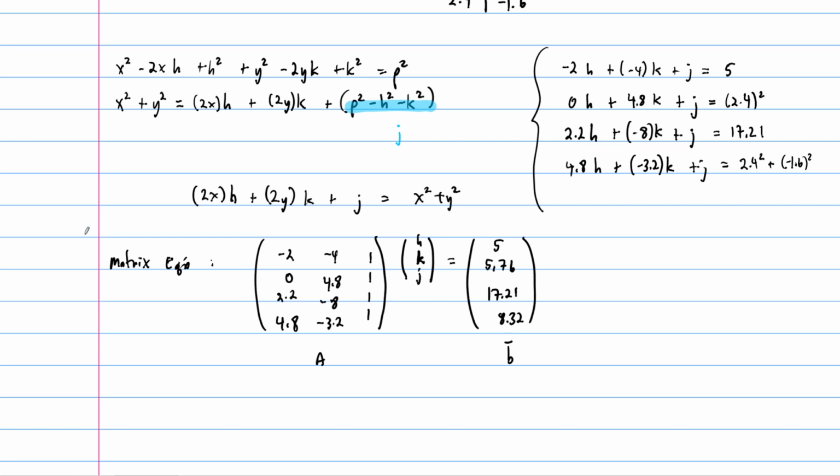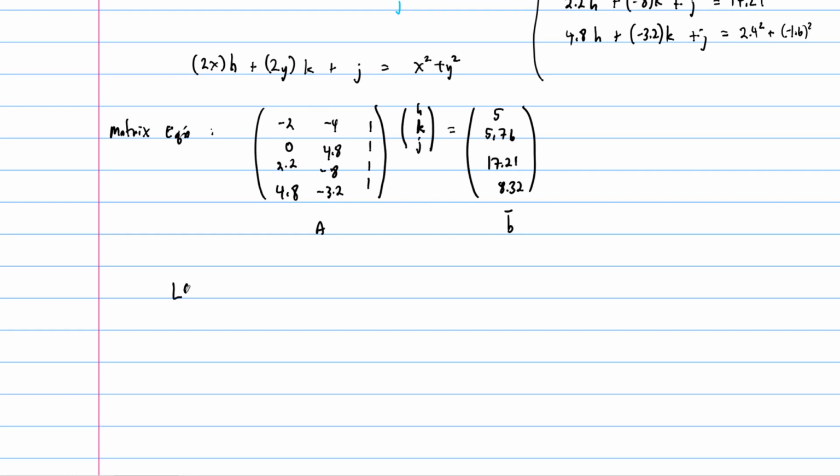And so if you work all this out and you do the least squares, the least squares process gives you, after some work, the following: your vector h, k, j of the unknowns to be solved for is equal to, and I'm going to write this out to 5 decimals because these are all decimals. You need a calculator or a computer to do this. I did it on a computer. But this turns out to be